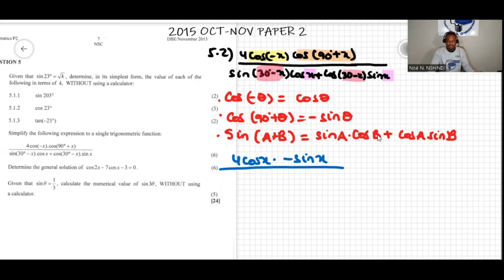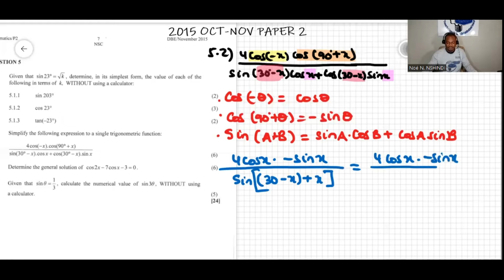This can be reduced to sine of 30 degrees plus x. So this can be written as 4 cos x times negative sine x